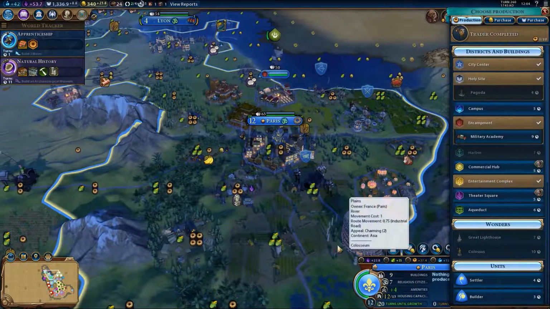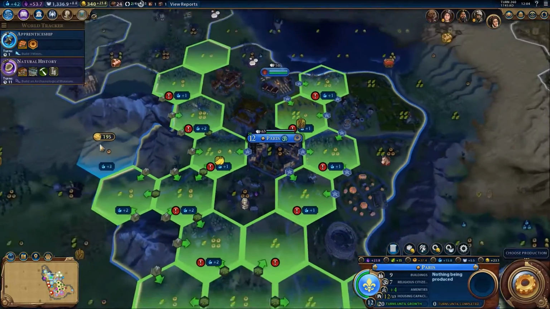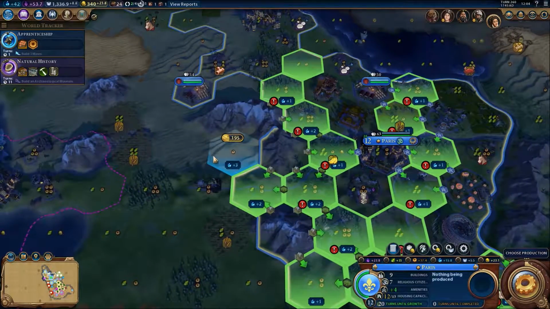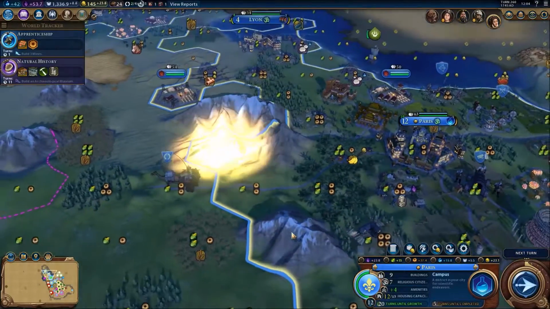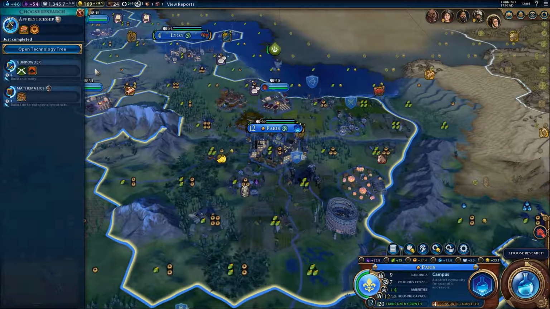Okay, Paris has finished building the arena, so now Paris can build a campus. Now, the best place for Paris's campus would be just there. 195. Oh, how far we've come in such a short space of time. There was a point not that long ago where 195 gold would not have even been possible. Yet now, I'm buying the tile and I'm putting a campus on it. Yes. Right, apprenticeship unlocked, which will probably lead to...